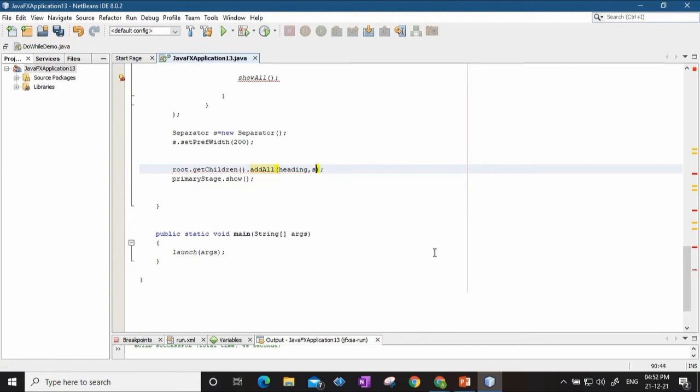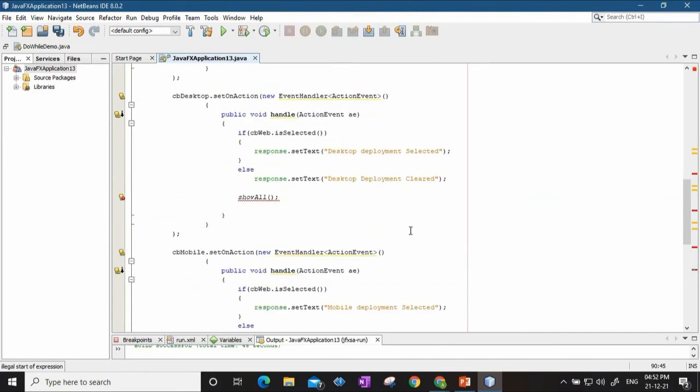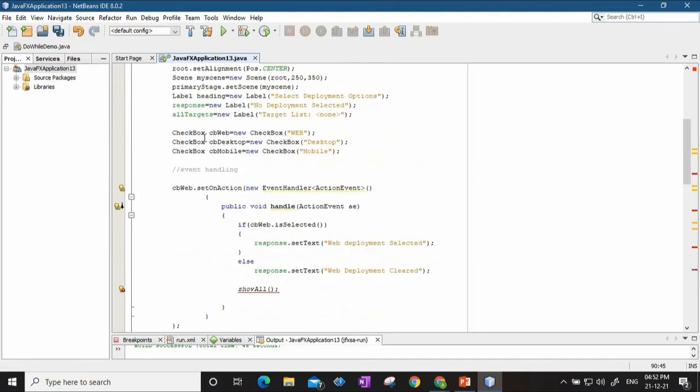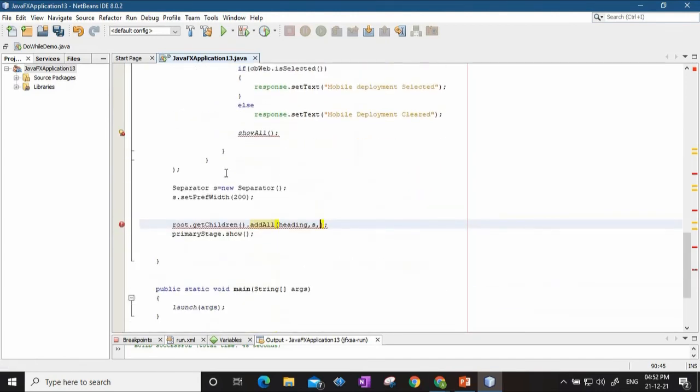So separator S will be the next component that will be added, and then these controls, which controls? The checkbox controls: CB web, then CB desktop, and then CB mobile. These controls will be added.